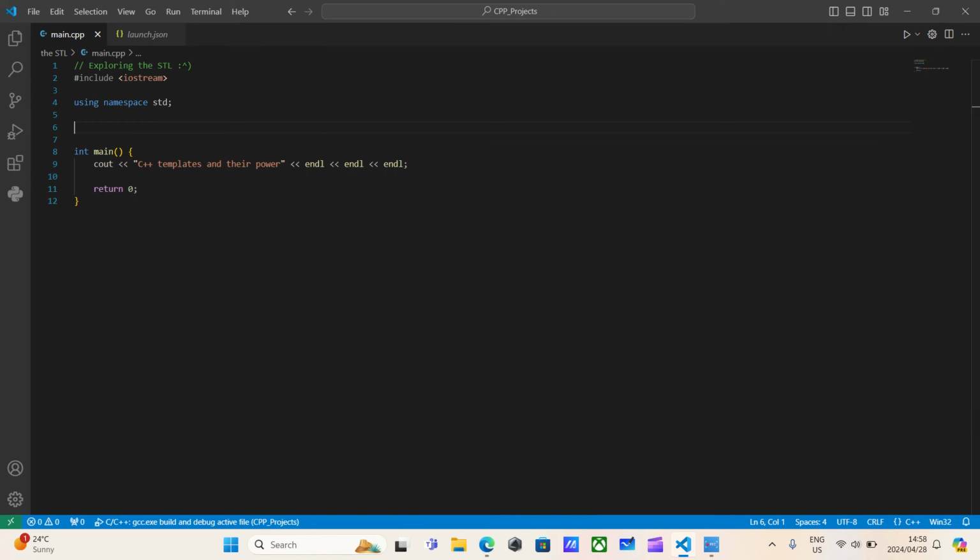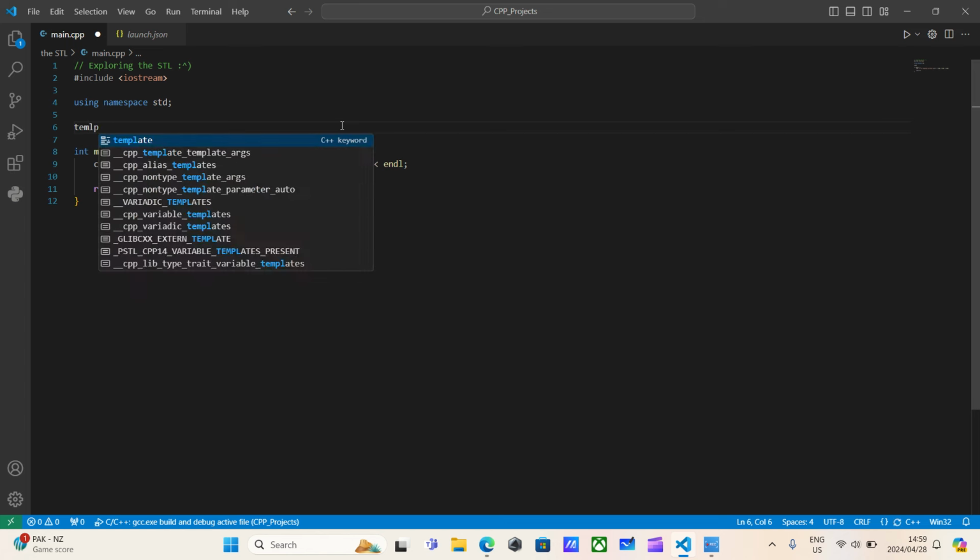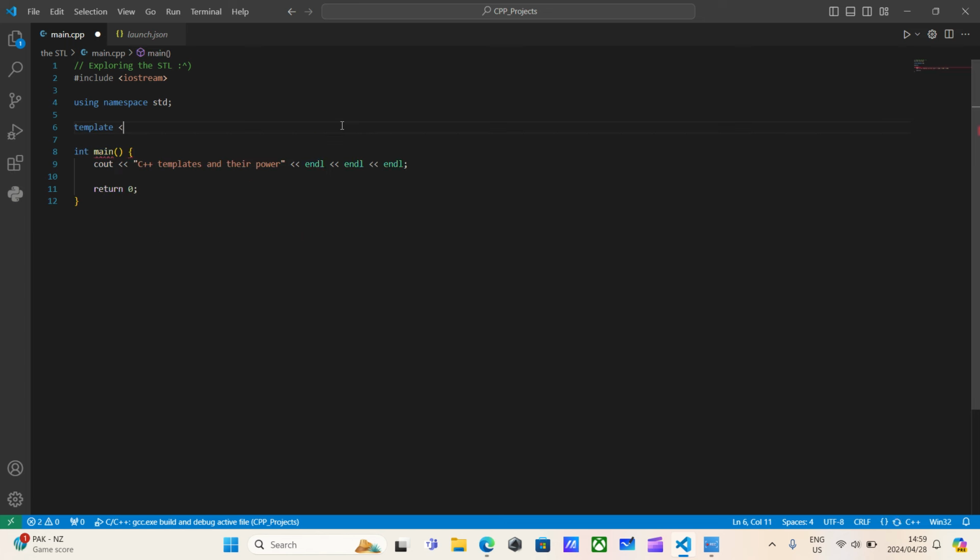Let us actually create a class template. Consider a linked list. The nodes of a linked list can be integer, float, string. They can be as far as a user-defined type. If I were to do this, template, typename, and I go T,